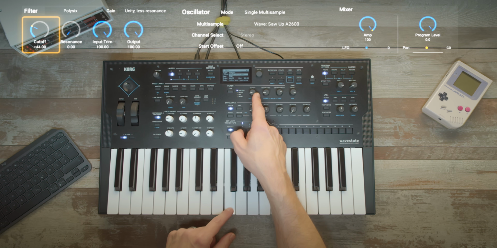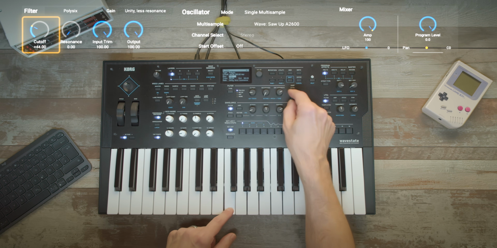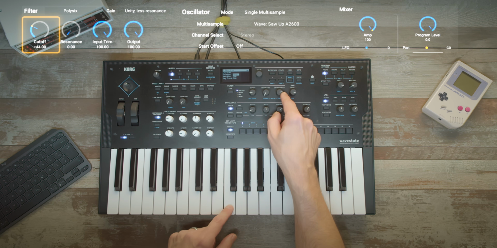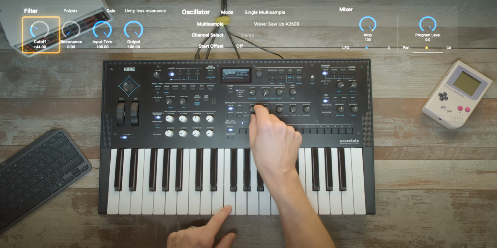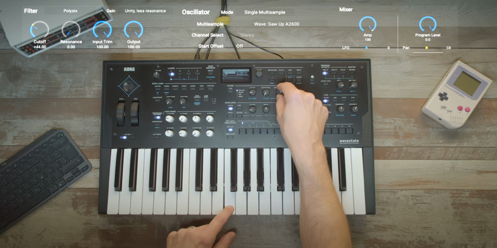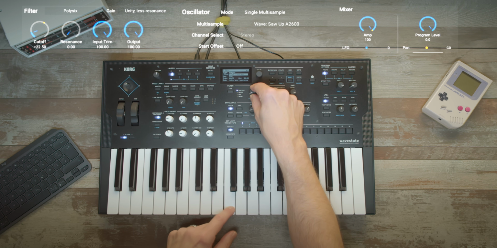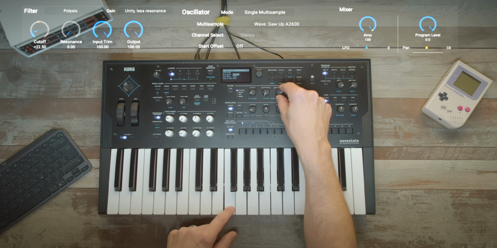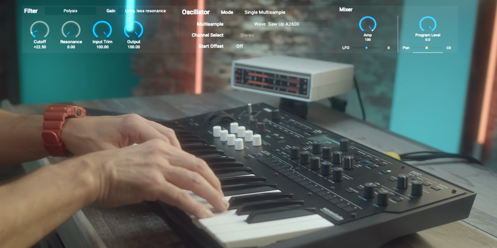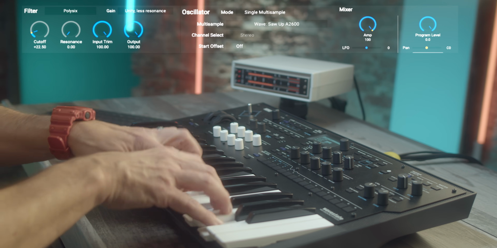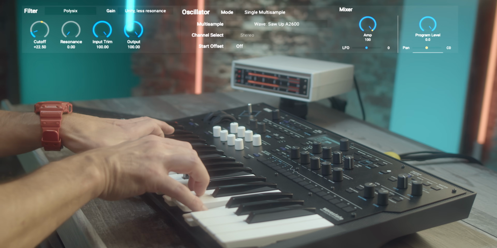Look, now I decrease the cutoff frequency. I pull open the envelope intensity. Make the attack a bit shorter. Adjust a little bit the cutoff and the intensity of the envelope. And you can already hear it's quite close.